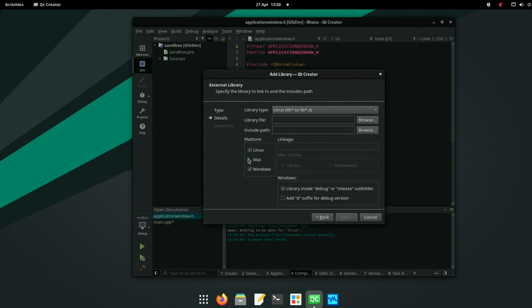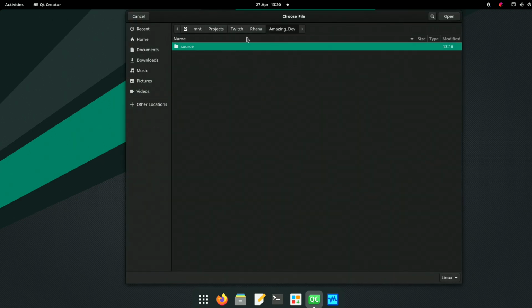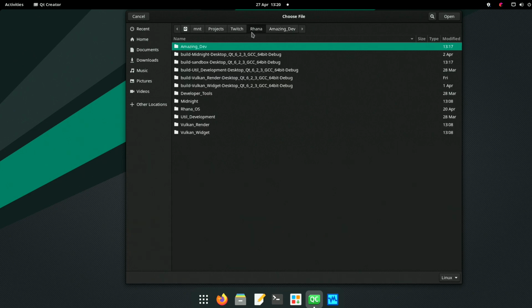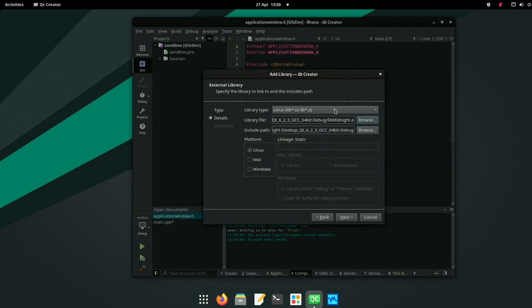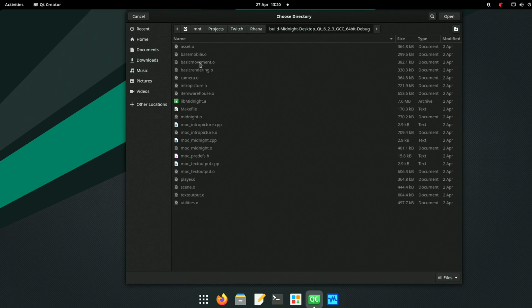I'm on Linux, so tick whichever one you're on. Library file will be one back, looking for the library. Build, Debug. Yeah, I'll take that one then. And there's the library file. So we'll open that one. And the include path will be